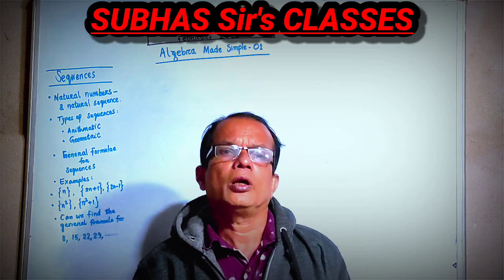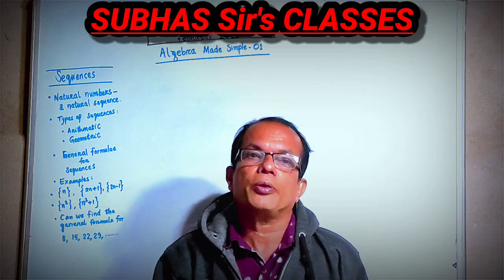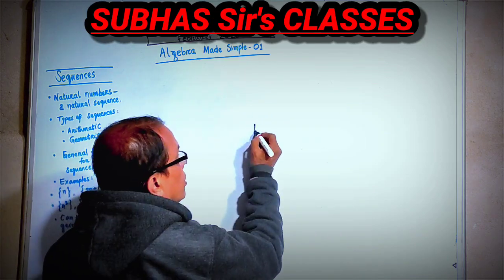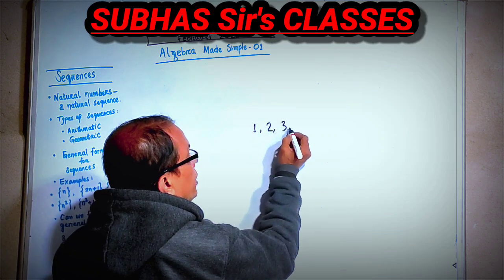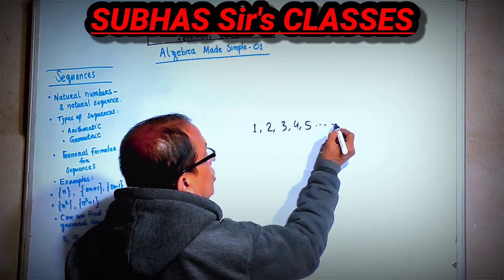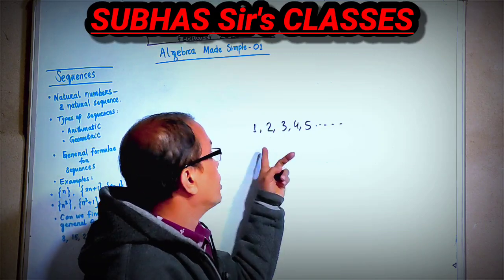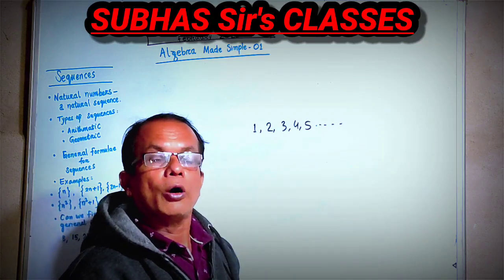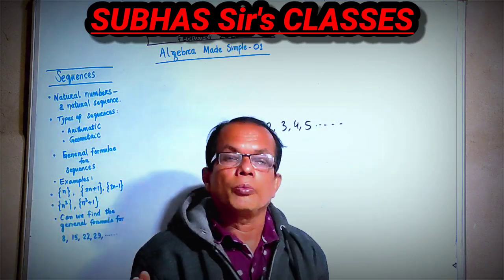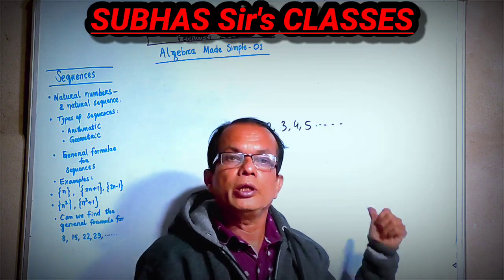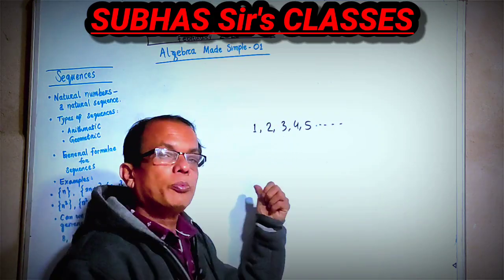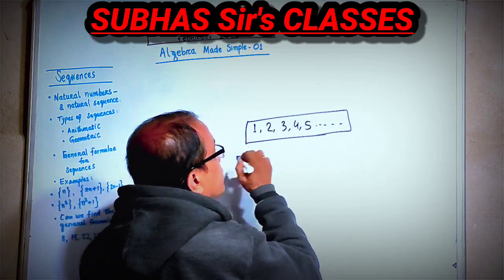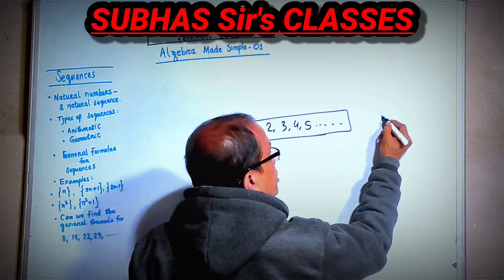So the first sequence, the primary sequence that we learned in this life during study of mathematics, was the set of natural numbers. It starts with 1, 2, 3, next 4, 5 and so on. It goes on and on. You can predict the next numbers, the successors, like 6, 7, 8, etc. So how do you know? It is just by instinct, by your memorizing, you just tell them. But is there a formula behind them? What is the name of the sequence? This sequence is known as the sequence n.